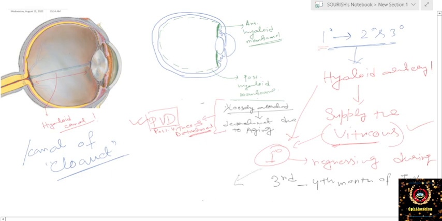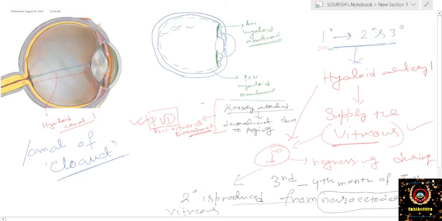From this first degree, then the second degree is produced from neuroectoderm. We will see the details about these layers, from which layers they are arising, in the embryology of the eye, later. So the second degree vitreous is produced from neuroectoderm, and inside this vitreal cavity there is the presence of various fibrous bundles,